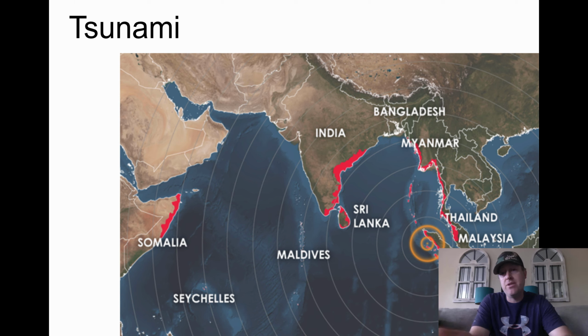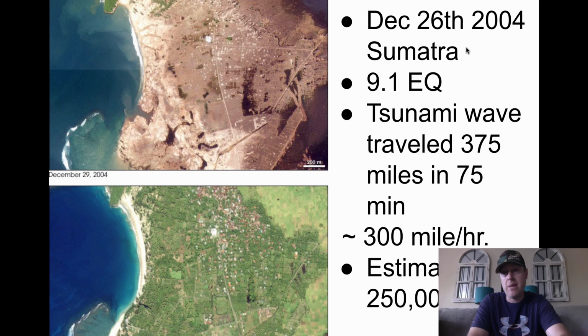And here's an example of a tsunami. It went across the Indian Ocean and did tremendous damage. And so you can see that this is where the epicenter of the earthquake took place. And then these red areas are where the tsunami wave took off and affected these areas. And it's just unbelievable. So this happened in Sumatra, off the coast of Sumatra,